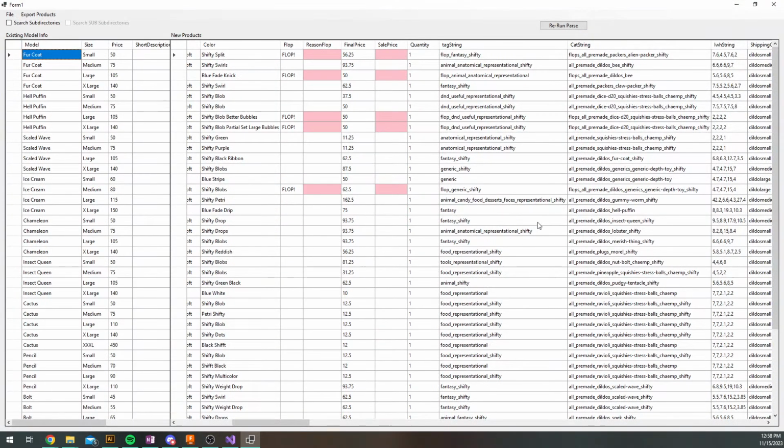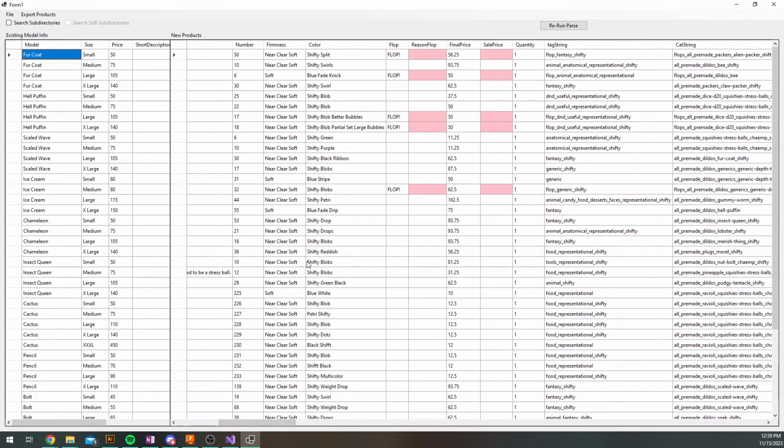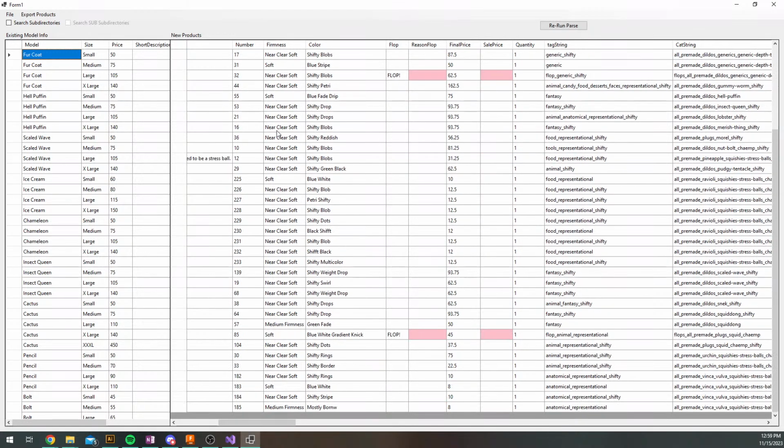I have also gone through with this and imported, or made some stuff in there, so it'll search if it's near clear, it'll just automatically apply markups for me as appropriate, and if it's shifty or has opal in the title, it'll add a tag to this that this is color shifty stuff so that people can find it later, and it'll mark it up, and now I don't need to mark up my prices, which makes me really happy. Because I'm lazy, and also like 90% of this drop is shifty near clear stuff